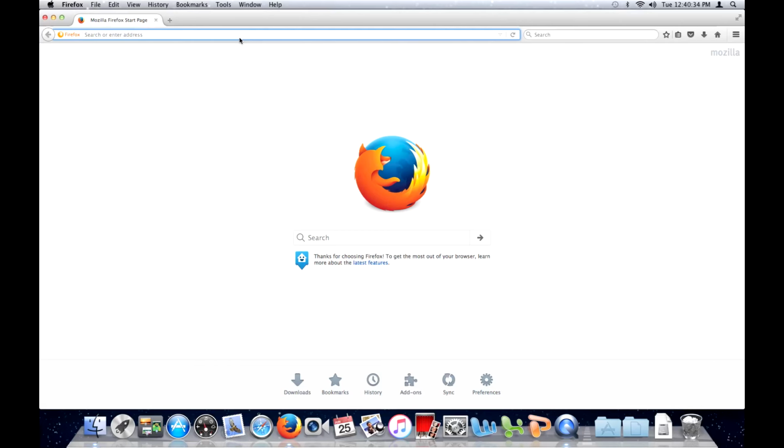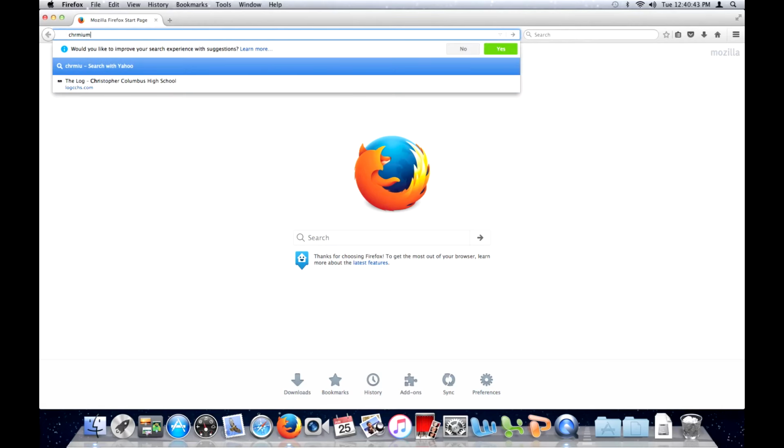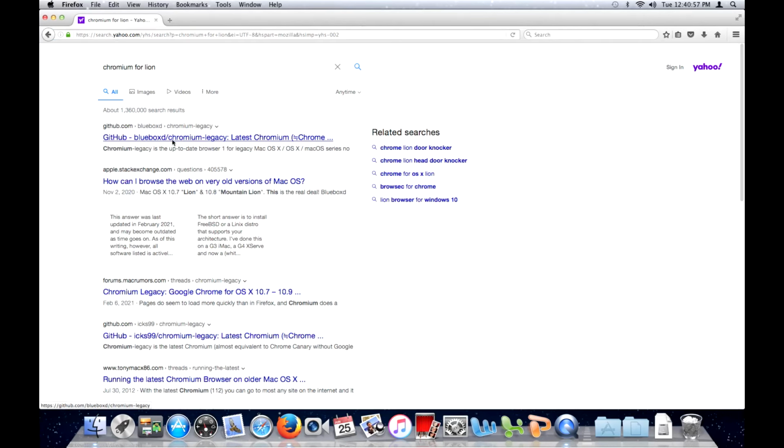So we've got some options here. For example, you can use the Brave browser. I believe that still supports macOS Lion. But what I'm going to be doing is installing Chromium for Lion. It's on this GitHub page by